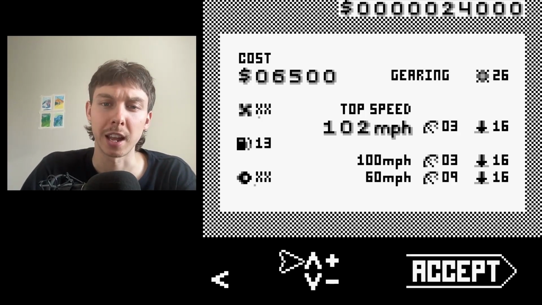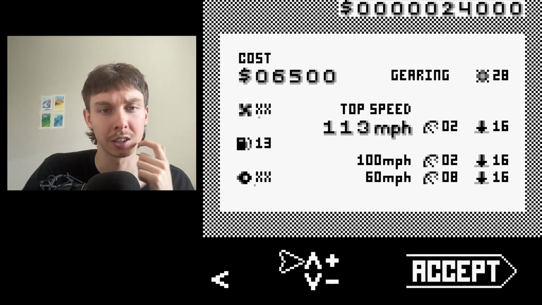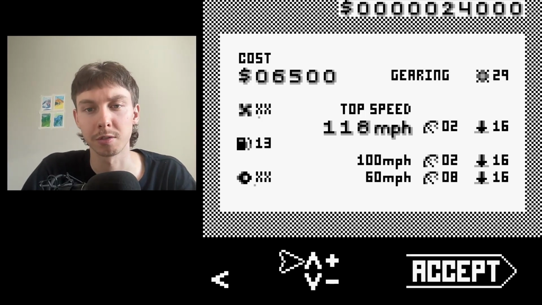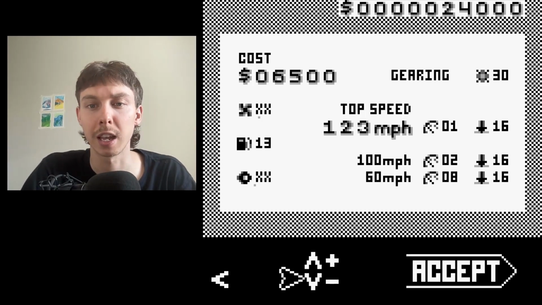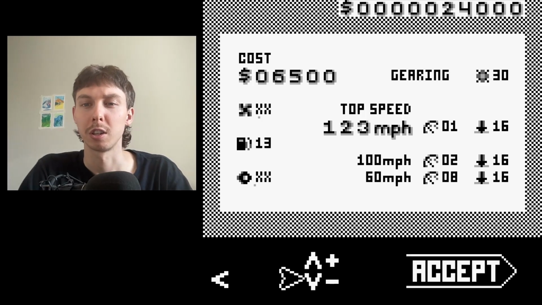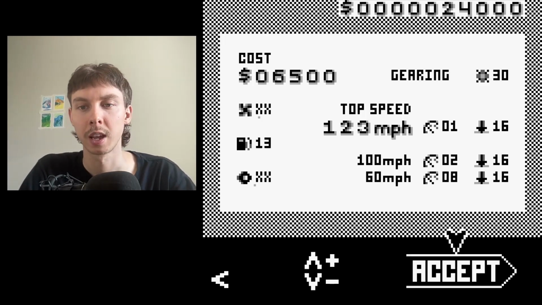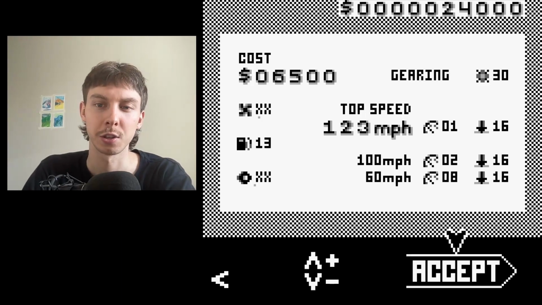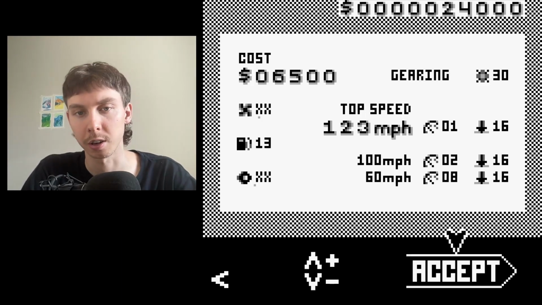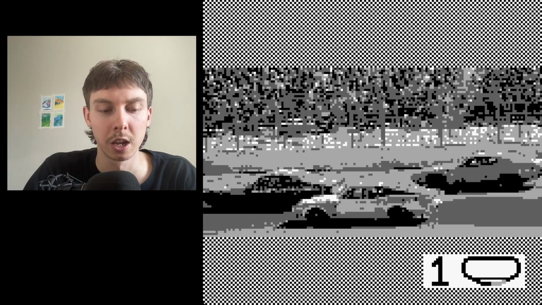let's add 2 every section and go up to a maximum speed of 118. Yeah, or should we try 123? Let's try 123. And you can see at 100 miles an hour, the acceleration is 2, at 60 it's 8. So let's go. Let's see what happens. Section 1,